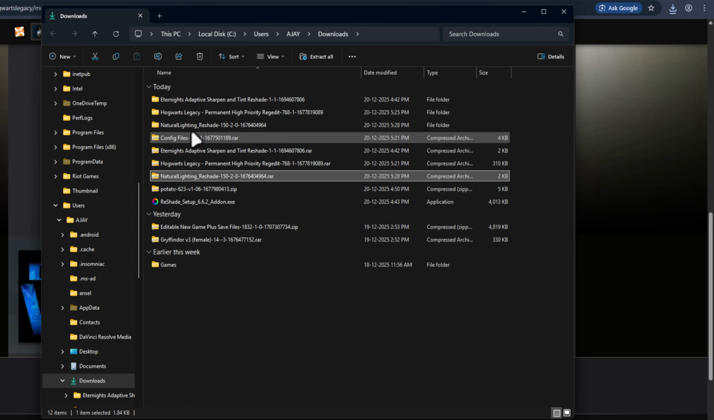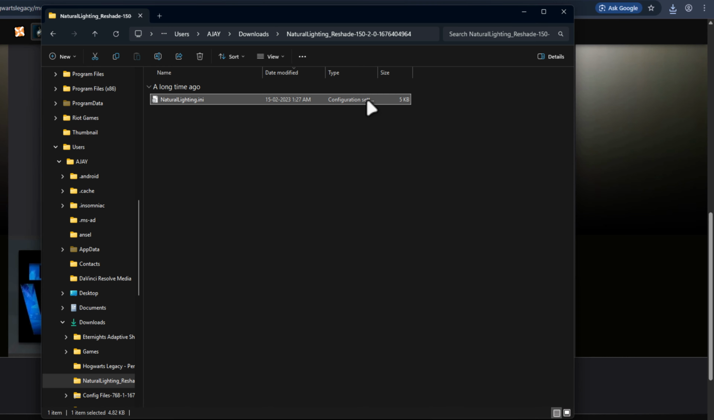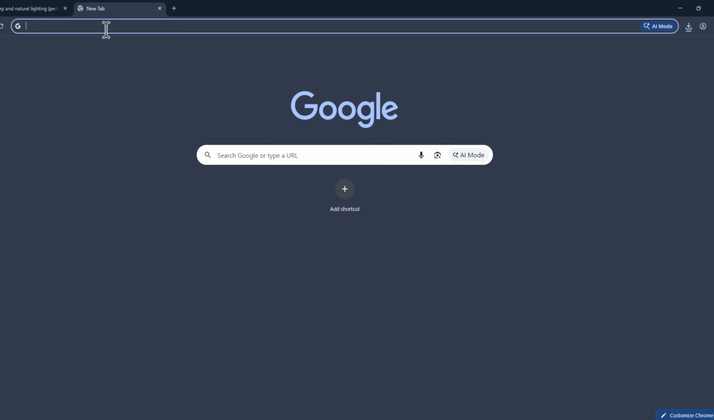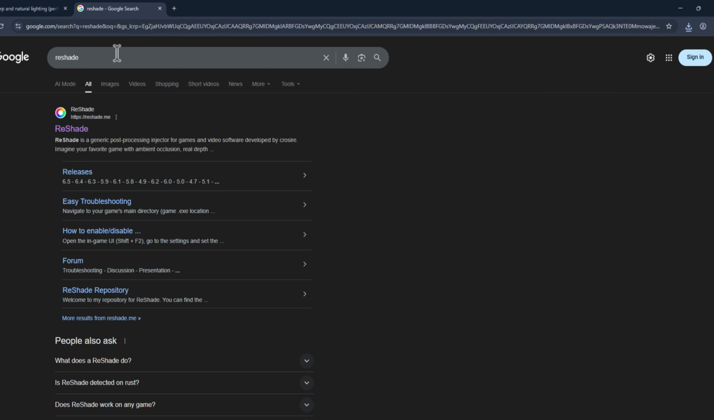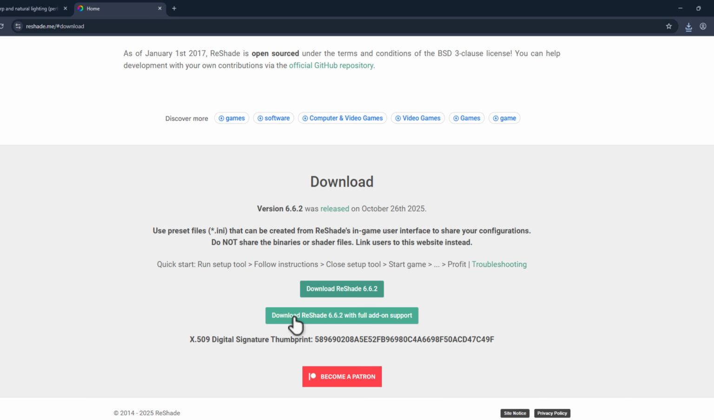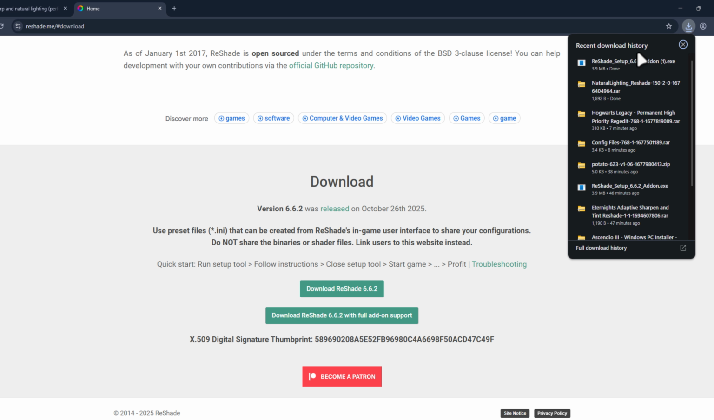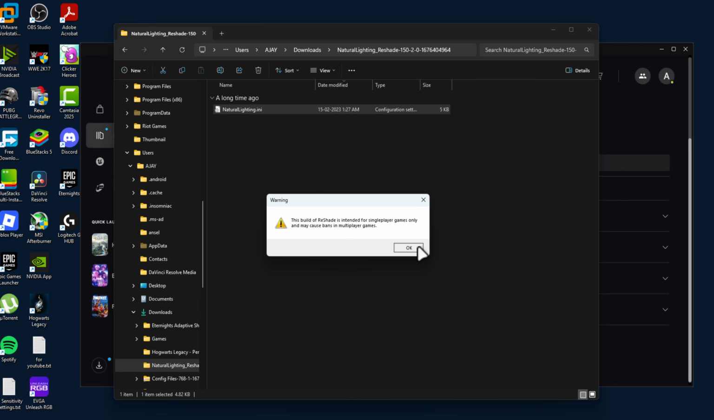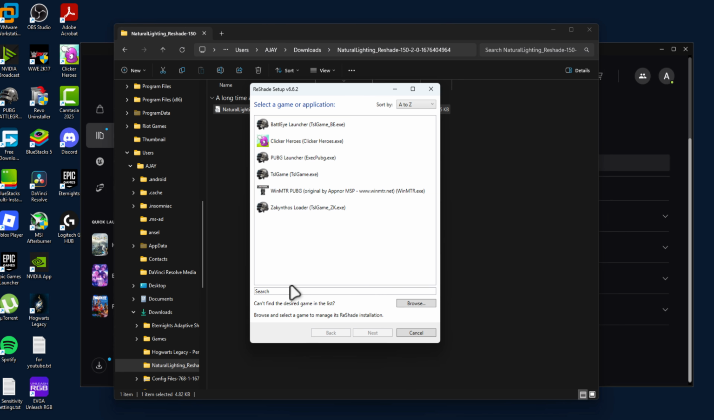After the extract is done, open the extracted folder and this is the configuration settings. Now open up a new tab and search ReShade and select the reshade.com site and select the download option and select the download ReShade option. After the download is done, click on it, select OK option and you need to navigate to the